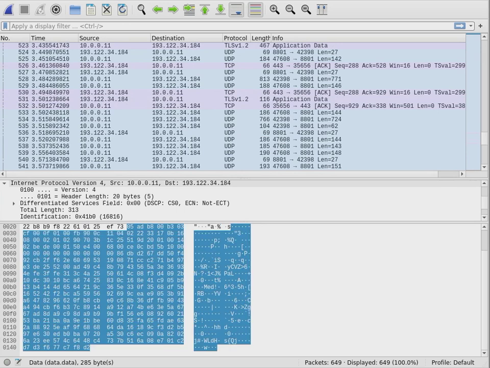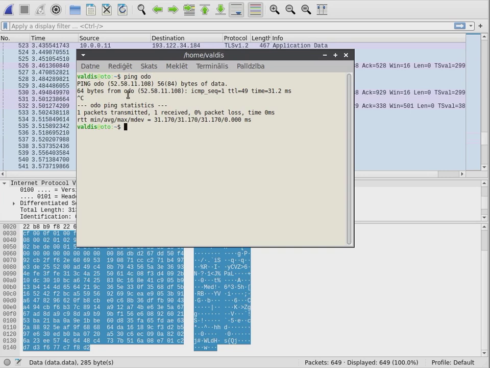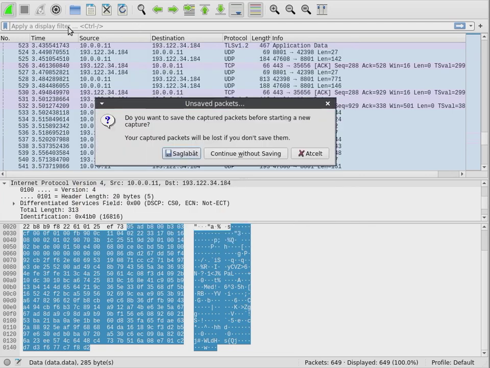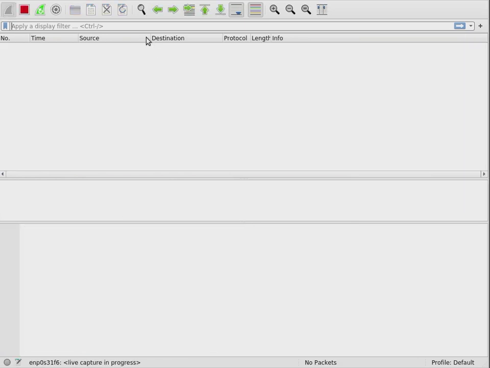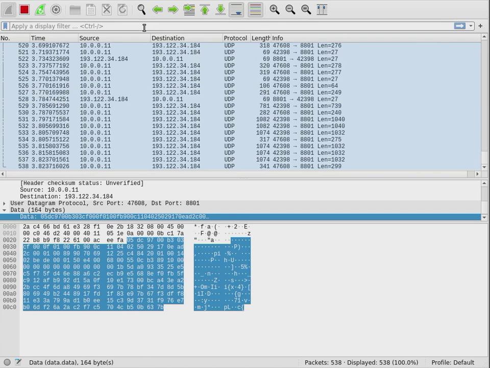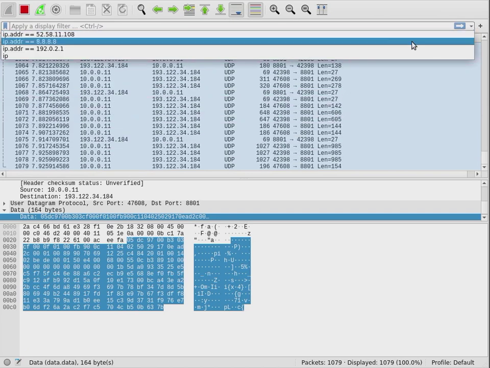But if I, for example, filter it out, just to one particular address, I don't remember how we filter it out.